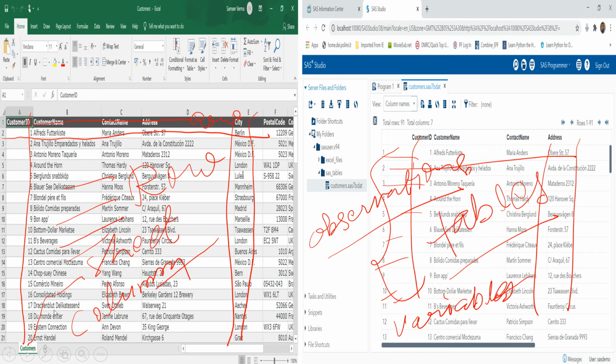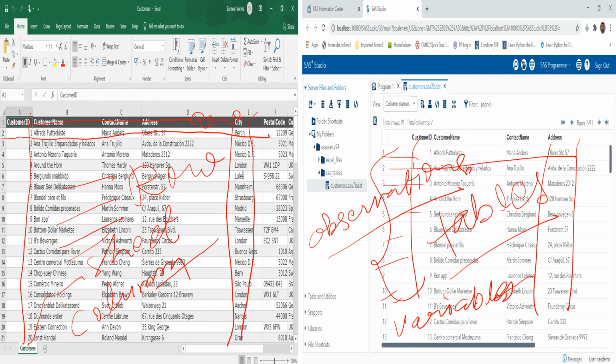As you can see, it is almost the same. A sheet in Excel is referred to as a table in SAS. A combination of rows and columns is called a sheet in Excel. A combination of observations and variables is referred to as a SAS dataset. So this is the similarity you can see through the eyes of Excel. You don't have to worry, it's almost the same thing.